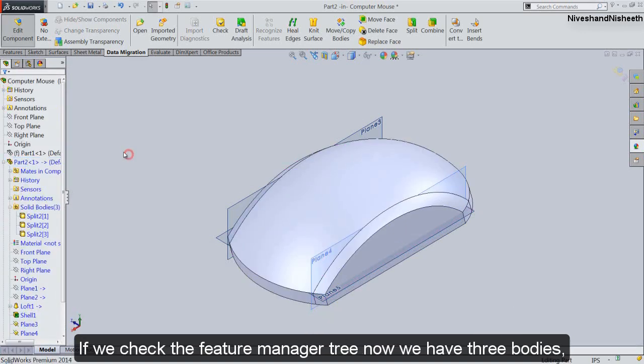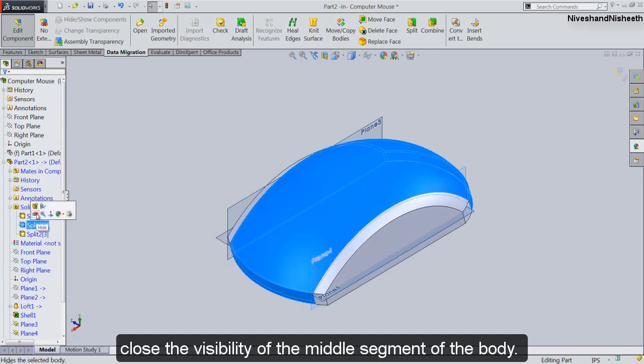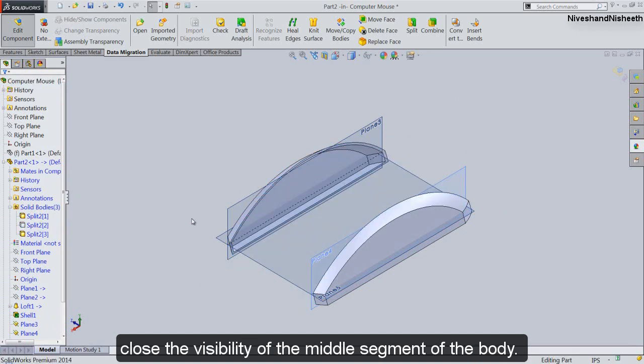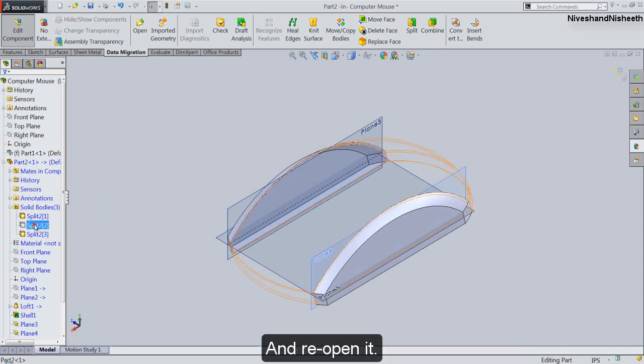If we check the feature manager tree, now we have 3 bodies. Close the visibility of the middle segment of the body and reopen it.